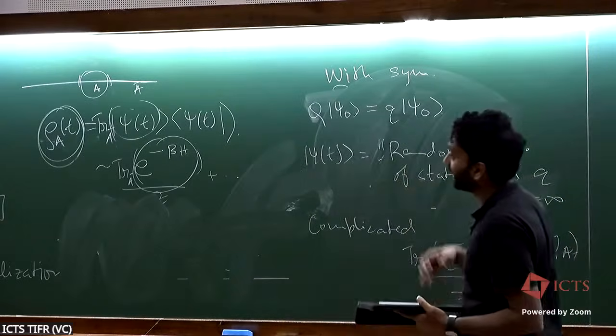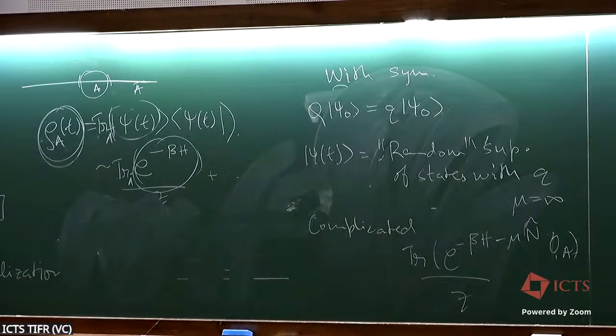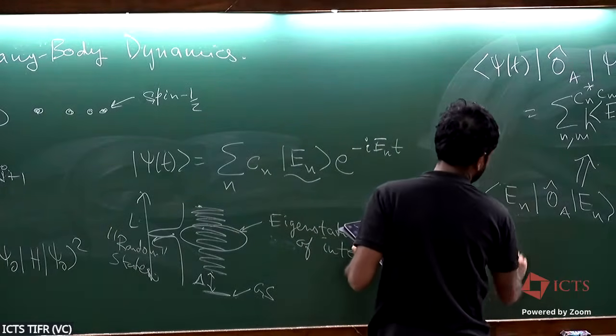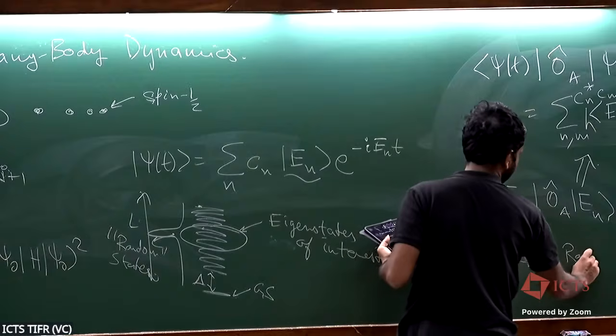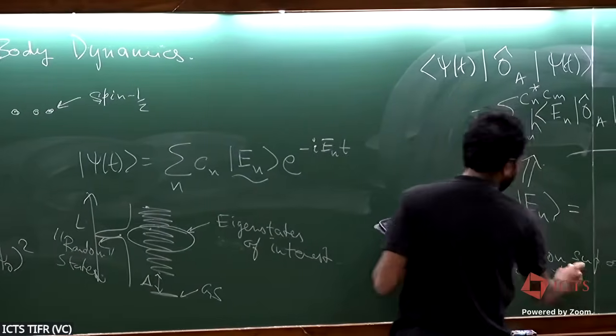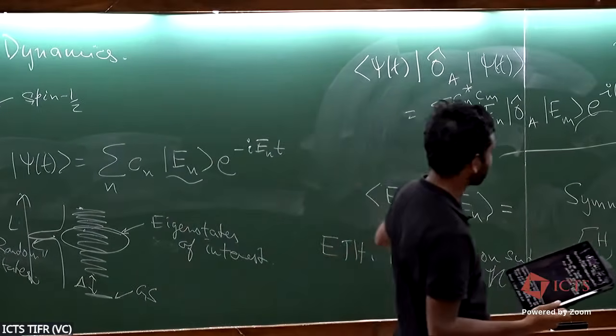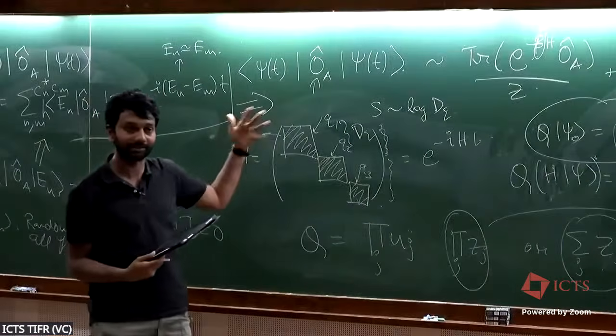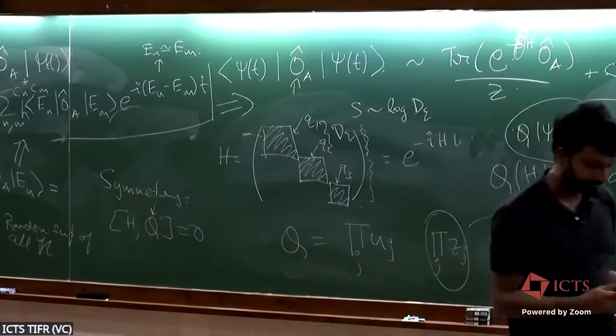Okay, and then there is an analog of the eigenstate thermalization hypothesis for this symmetric case. Initially, eigenstates were themselves thermal. So ETH says that the eigenstates are random superpositions of all states in the Hilbert space. But now there is a version of that, which is just that the eigenstates themselves, and this is also obvious from this block diagonal structure, if I look at eigenstates here, this is just some random superposition of states with a given symmetry.